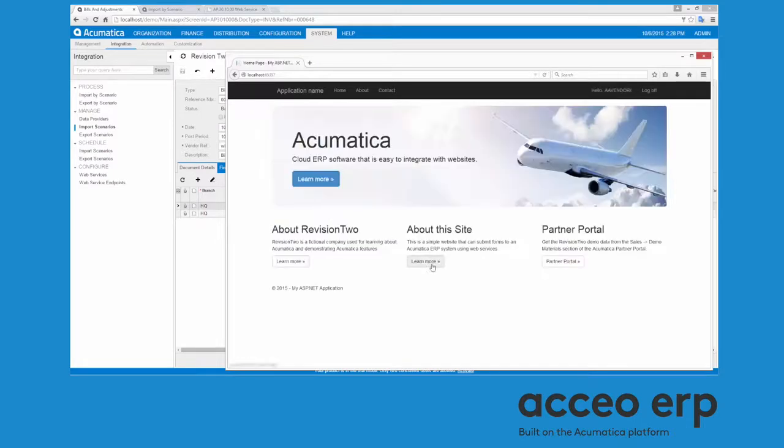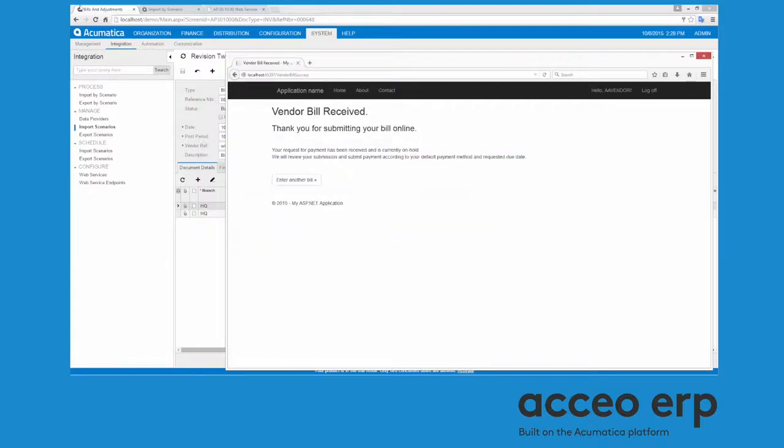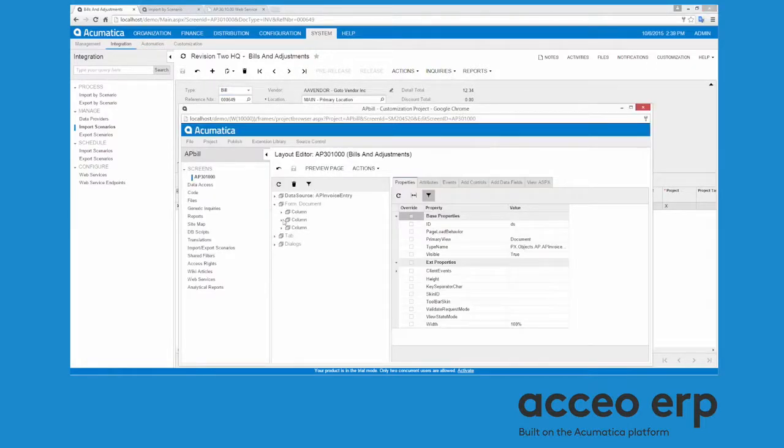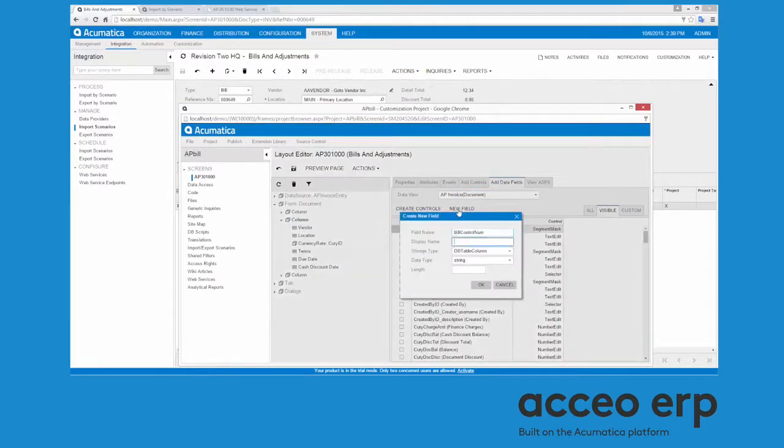In this example, I used Visual Studio to create a sample website that can submit data to the Bills and Adjustments screen in Accounts Payable. When I add custom fields to my Acumatica deployment, these fields are immediately available to Acumatica APIs, security settings, and